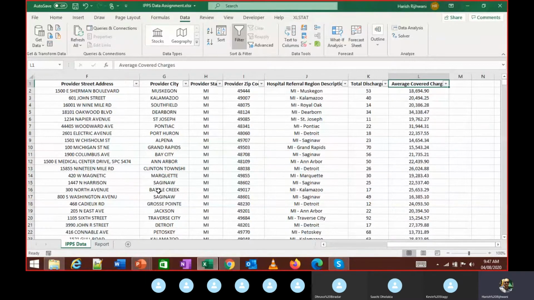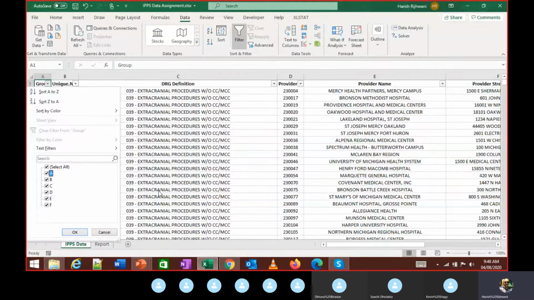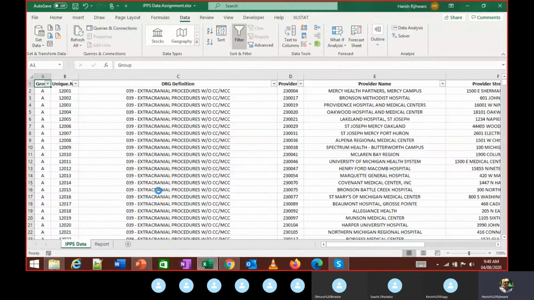All right. So the first step is to copy this data into a new worksheet. We are not going to work on this same worksheet. You see this group A, group B, group C, group D. You can choose any one group. So let's first copy this. The first step is to filter this data. To filter that, like I said, you go to Data and click on this filter.